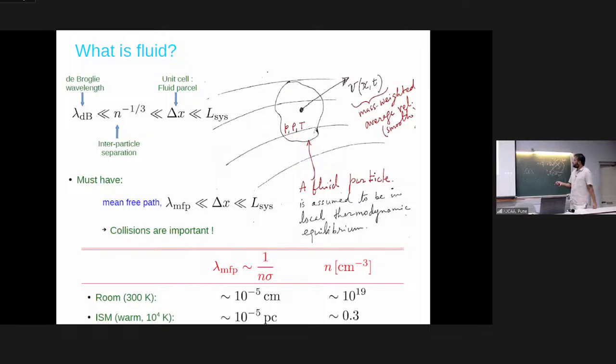In fact, I should have given a number for the stars in a galaxy. The diameter of a galaxy is about 20 kiloparsec. If you work out the mean free path for stars in a galaxy, it is more than 20 kiloparsec. So clearly, we cannot treat them as collisional bodies. They are colliding. But it turns out for this room, the mean free path is 10 to the minus 5 centimeter, which is very, very tiny.